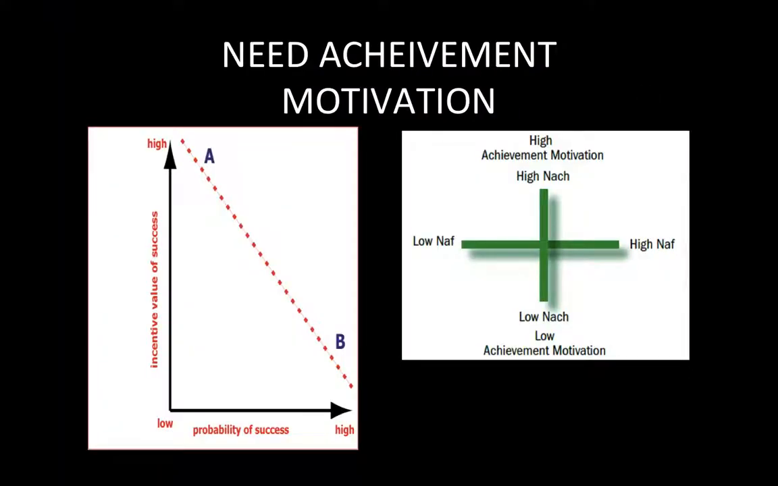The need achievement theory suggests that motivation is the drive and desire to be successful. It can be explained by both personality and situational factors. The personality factors of motivation can be split into two sections: the need to achieve and then the need to